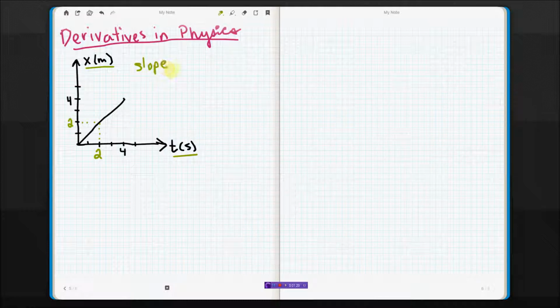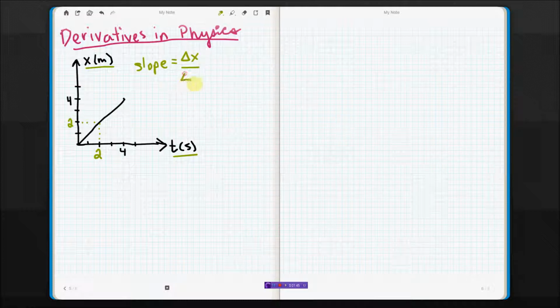We said slope was rise over run, change in y over change in x, except for now we have x over here, so it gets very confusing. Let's say instead of change in y over change in x, we say it is the change in the vertical axis over the change in the horizontal. In that case, that is the change in x